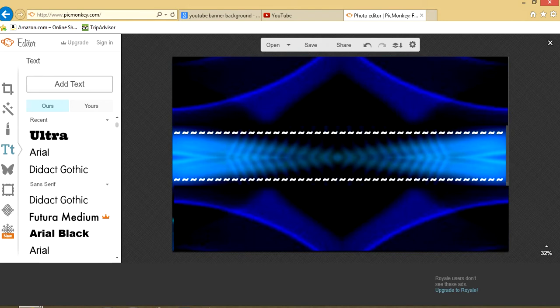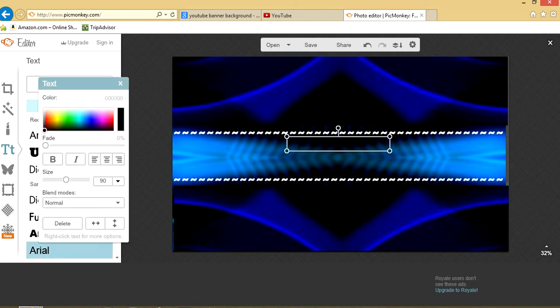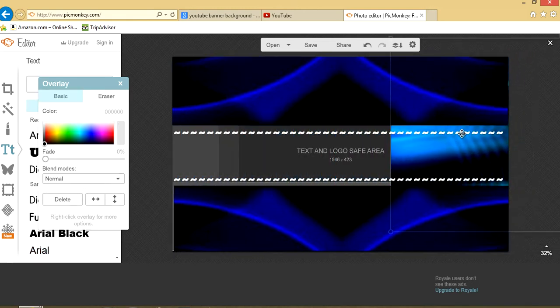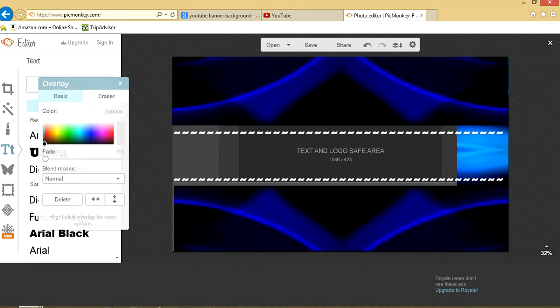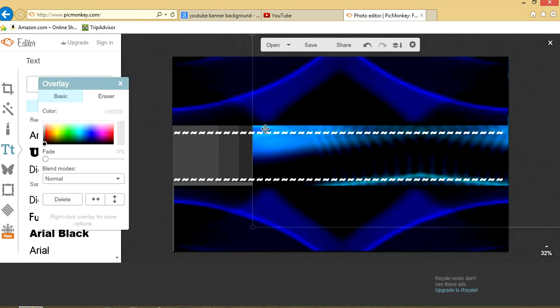And so let's add another line of text, and this is going to be my crazy gamer name. And you have to remember the guidelines. So for instance, if I move this, I want my line of text